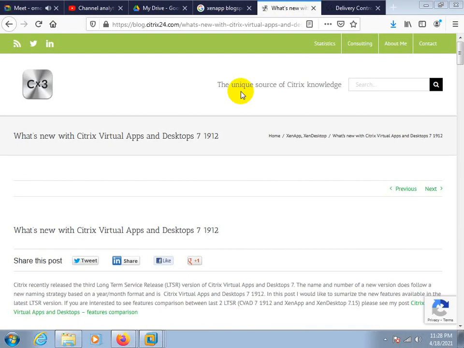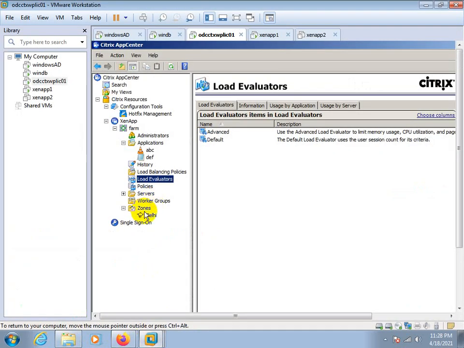In 7.8, Citrix for the first time introduced the zoning option, which was part of 6.5. Like here, you will get the zone, and in one zone we have one or two delivery controllers. That is zone data.